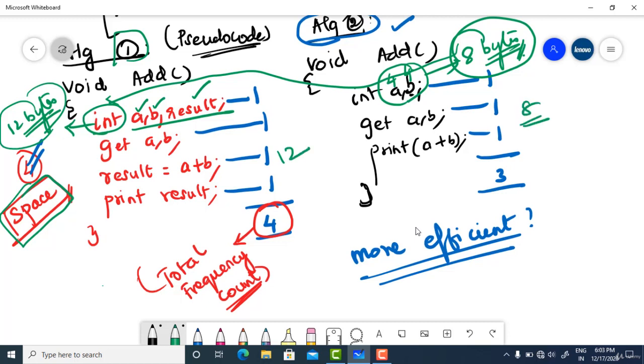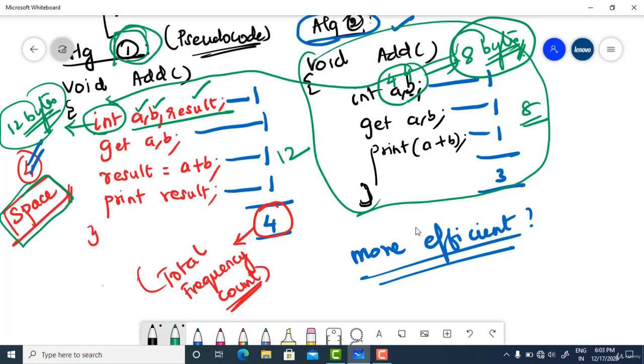So algorithm 2 is again more efficient in terms of space also, because it occupies the space of only 2 variables, whereas algorithm 1 occupies the space of 3 variables. So I could conclude that algorithm 2 is efficient in terms of time and space, and that's how it goes.